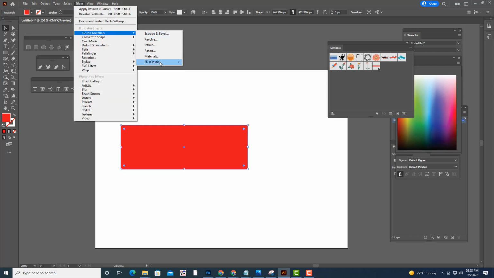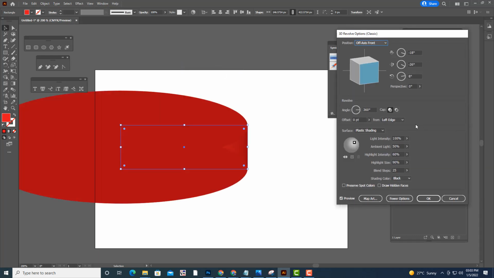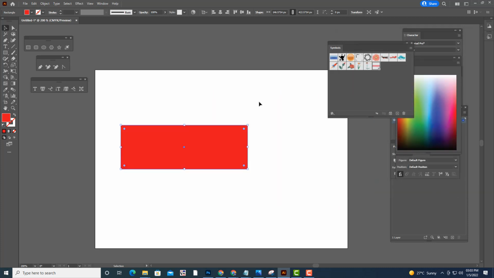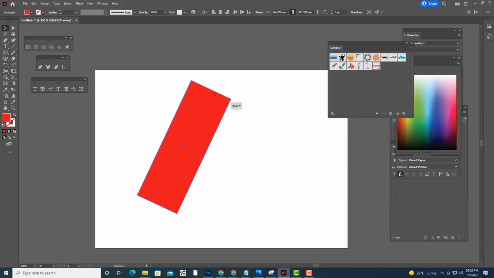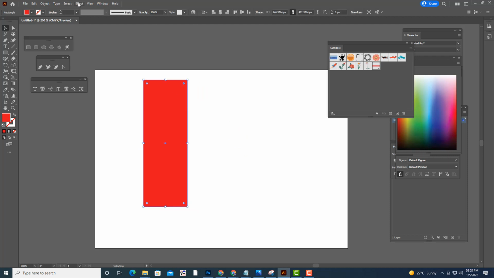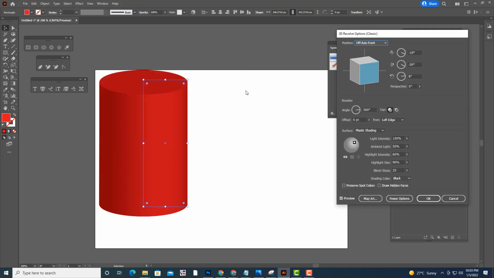Here, 3D revolve. Actually we should get it like a cylinder. Let's see whether we'll get a cylinder or not. So we have got a cylinder now.